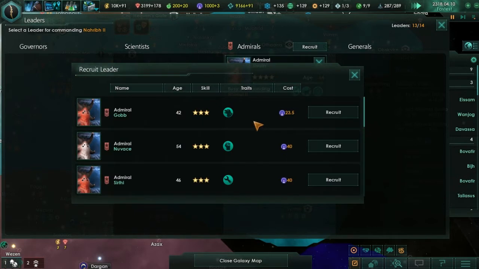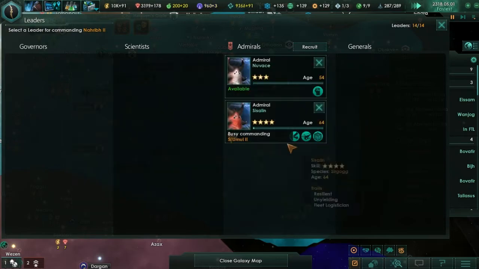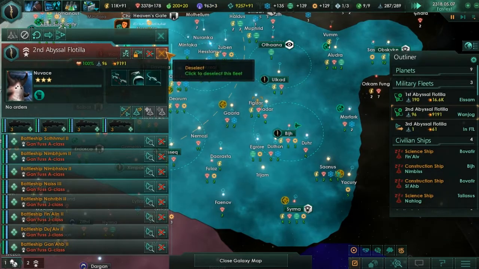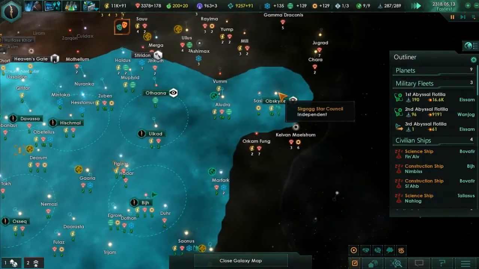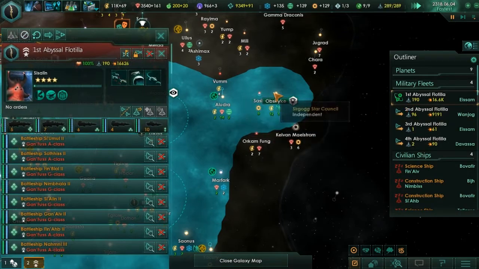Let's recruit it an admiral. This admiral, what do we got? Leader recruitment cost, fire rate, hull regeneration. I think fire rate has to be the best job. He's our oldest leader, but there he goes. Okay, let's get this lot over there if we can. Our second flotilla over there, and we'll get the first flotilla over there as well, and we'll get them ready